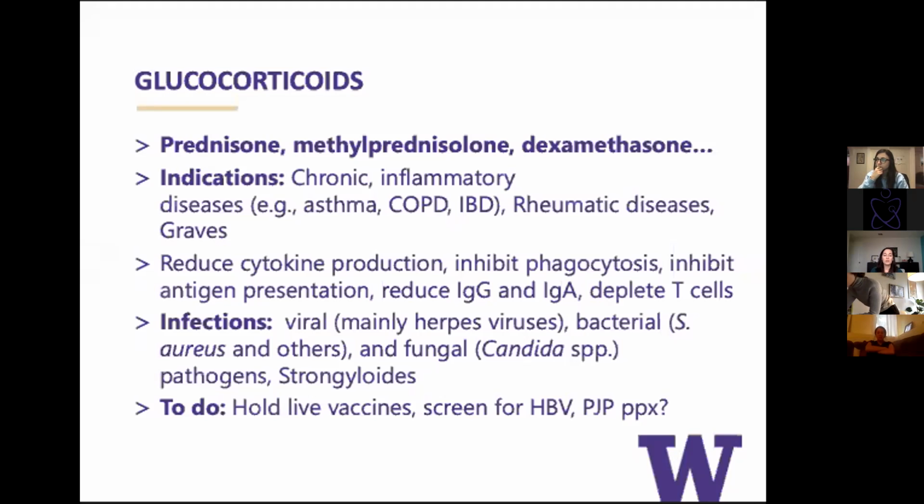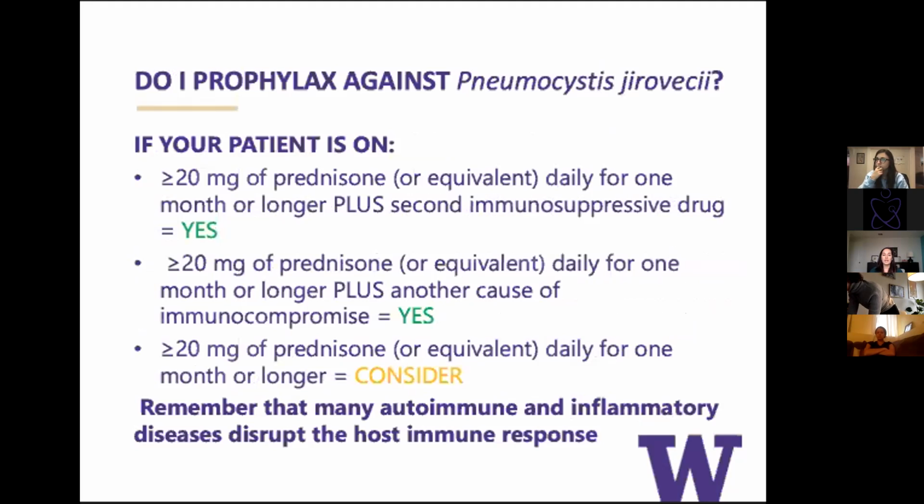And this can impair early recognition of infection. So in patients on glucocorticoids, you should plan to hold live vaccines until at least a month after steroids are discontinued. The American Association for the Study of Liver Diseases recommends screening all patients on prolonged corticosteroids for hepatitis B virus. And then additionally, the big question that we get asked commonly is, should you consider prophylaxis against Pneumocystis jirovecii